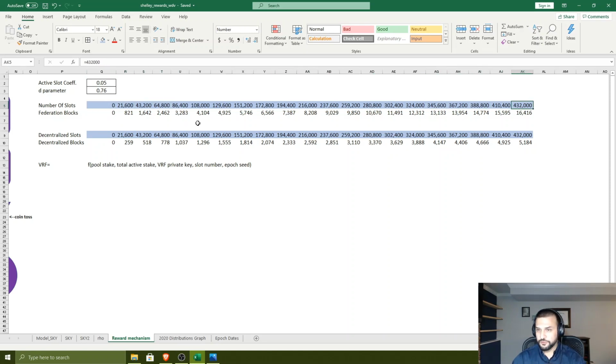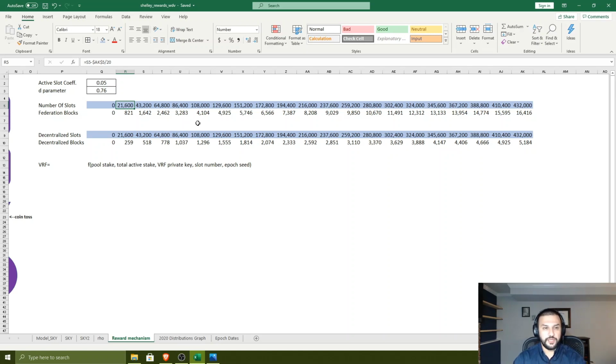I don't know if I told you the number of seconds in an epoch: 432,000. And this line here represents the progression of time in seconds from the beginning, which is 0, to the end of the epoch. So each second